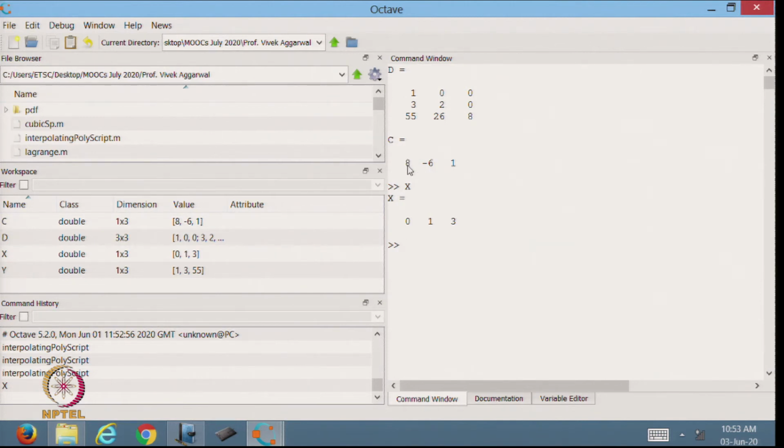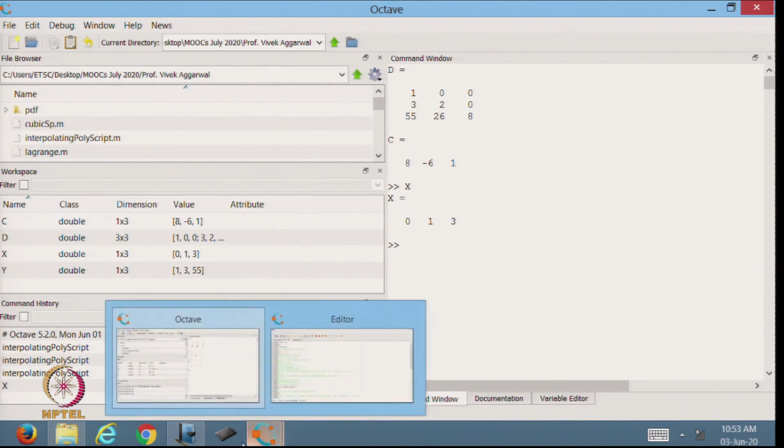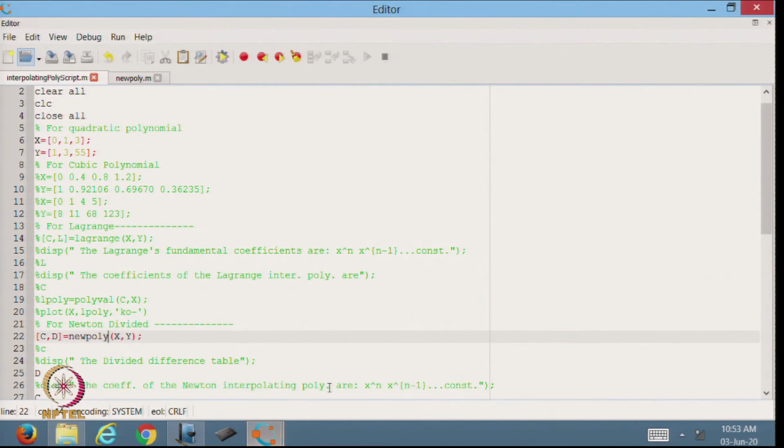This will give you 8x square minus 6x plus 1. That gives you the same Newton polynomial that we were also able to find in the case of the Lagrangian polynomial. So, that is my function, the Newton function for the 3 by 3 data.